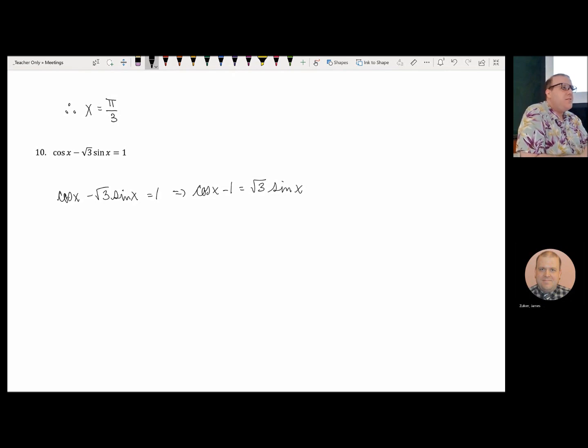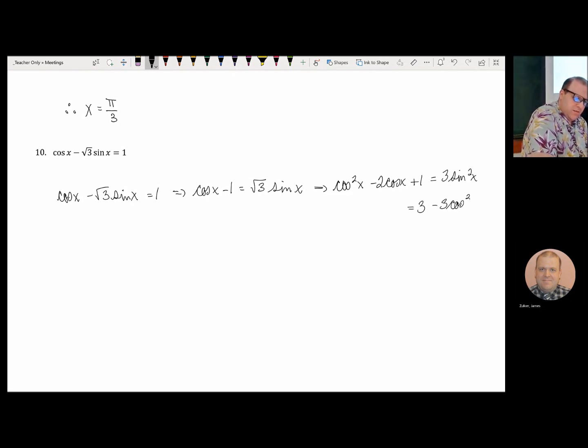We're going to have to square both sides. And then, right, sine squared is 1 minus cosine squared. We're going to wind up with